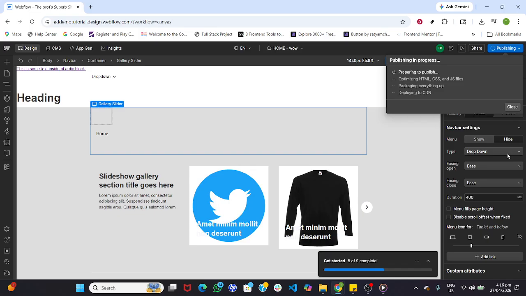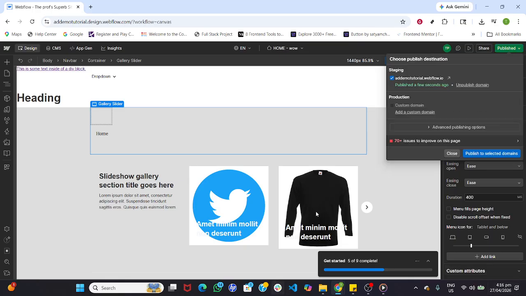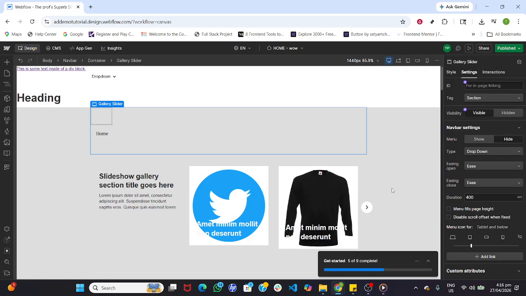After publishing, view the page and test the carousel on desktop and mobile sizes. If you notice any spacing or image fit issues, return to the designer, tweak the width, height, or type settings, and publish again. That's it. You've built